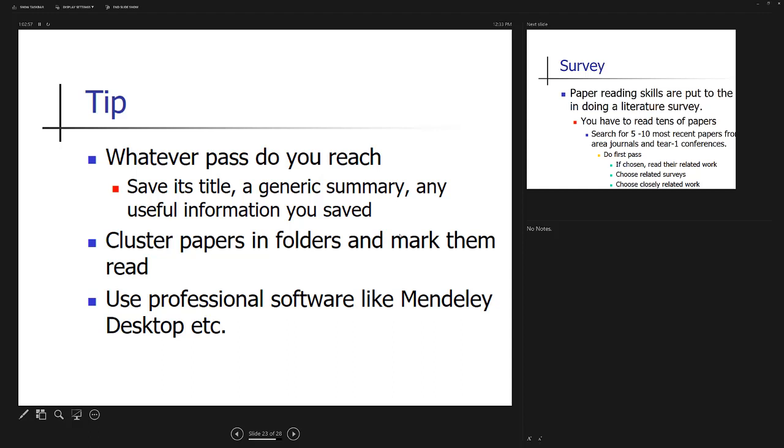Save its title, a generic summary, and specifically any useful information. For instance, this guy used a setup with 1000 nodes, so you can write it down. So in that presentation or paper, if anyone asks you, why did you choose 1000 nodes? Because this guy has used it.